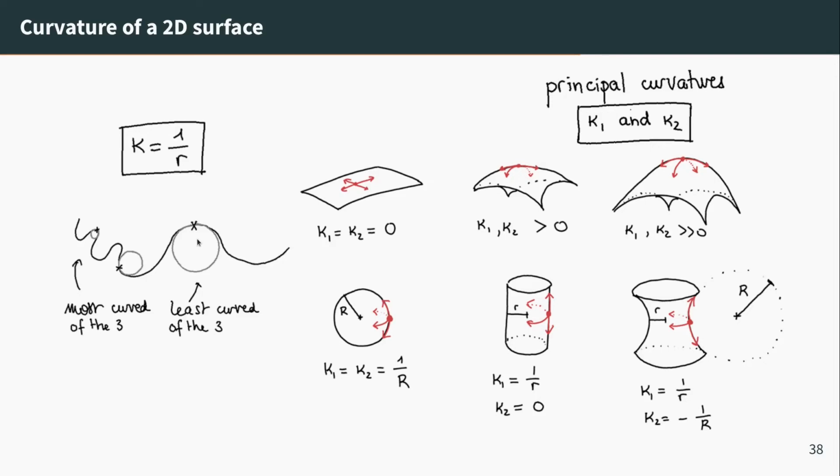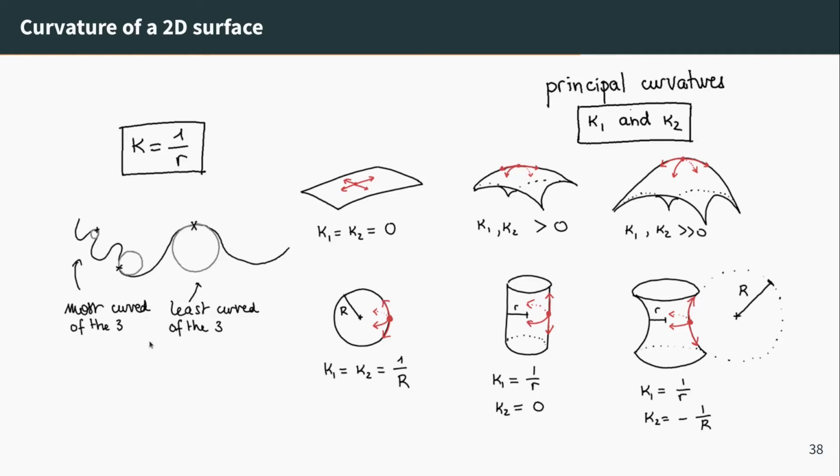So for instance, for a planar curve, a straight line is best understood as a circle of infinite radius. So 1 divided by plus infinity, it's 0. So a straight line has curvature 0. But here, you have this kind of curve, so it's best approximated by this circle. And so you have a fairly low curvature, whereas here, a curve that does a lot of wiggles is best approximated by a small circle. And so we say that it has a high curvature. So this is how you define curvature for a 1D curve.